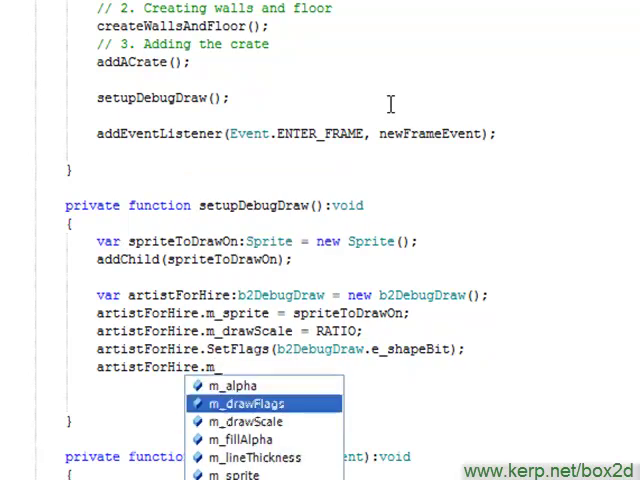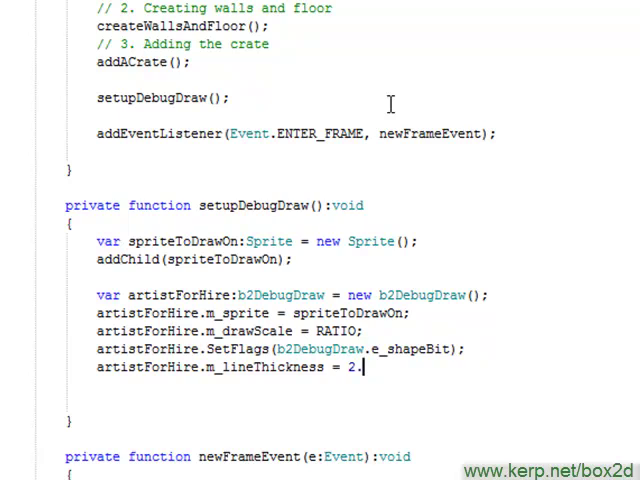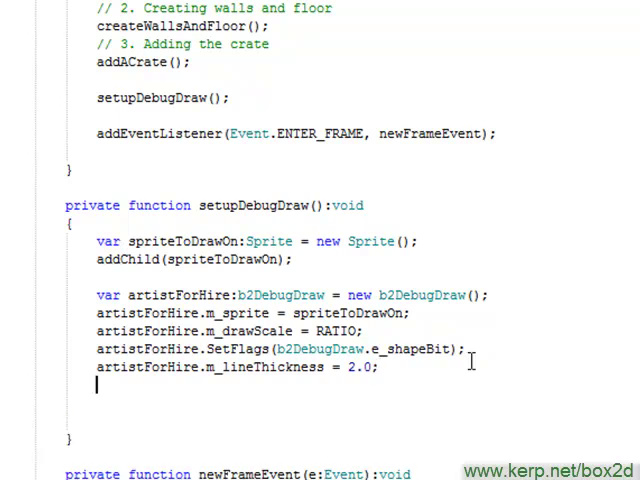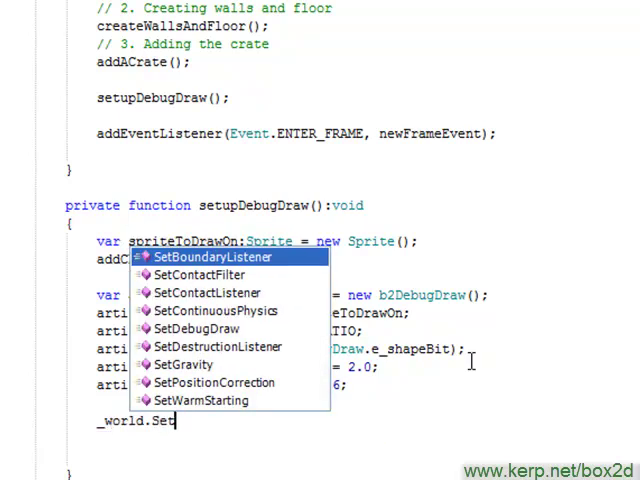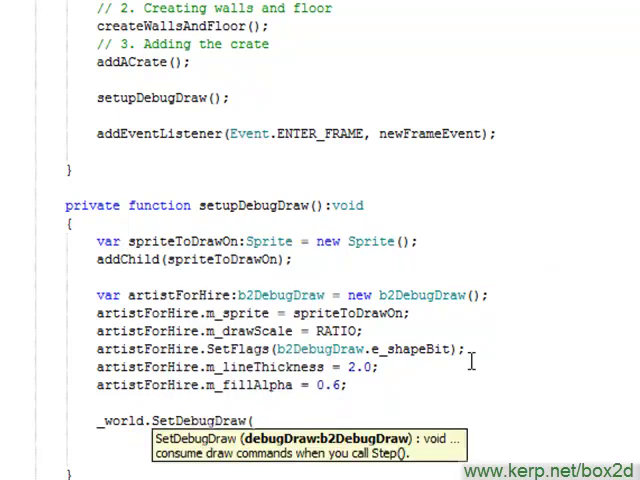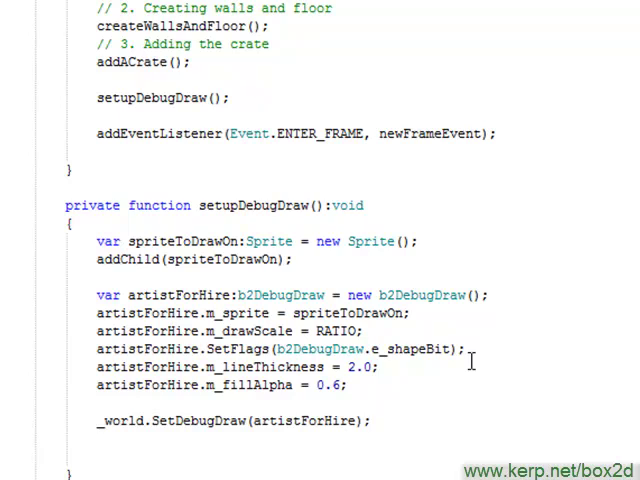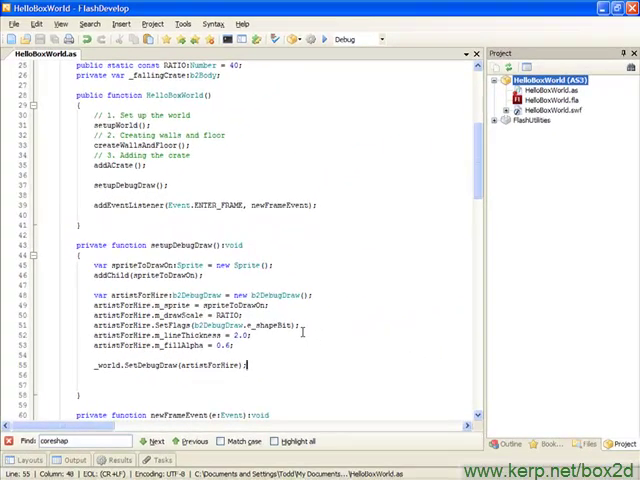We're going to set the line thickness to, I don't know, how about 2? And then we can set the fill alpha, which will set the alpha of the fill of the box that we're about to create. I like setting this to less than 1 so that the outline actually stands out. The outline will be in a solid color, the fill will be in a more translucent color. And then the only other thing we have to do is tell our world to use this debug draw object we just created as its debug draw. So I'm going to hit save, cross my fingers, hit F6,